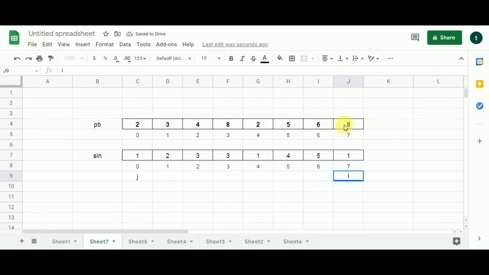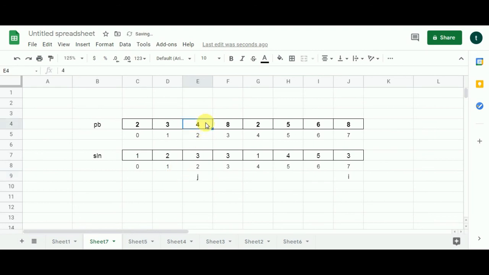I represents 8, J represents 2. So we can see that this iteration of J is not going to yield any result because both the integers are even. J moves one cell to the right. You can see that 8 is greater than 3 and 3 is odd, 8 is even. So what will happen? 1 will be added to this 2. So I'll get 3. 3 will be compared with this one. 3 is greater. So I'm going to place 3 over here. Okay, now J moves one cell to the right.